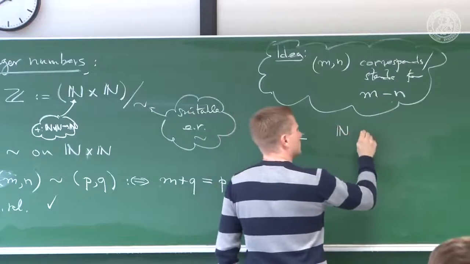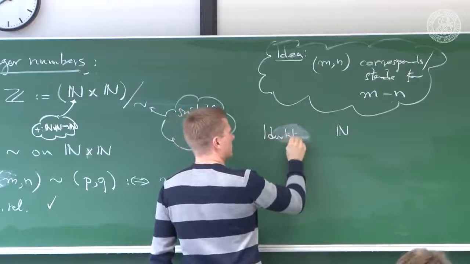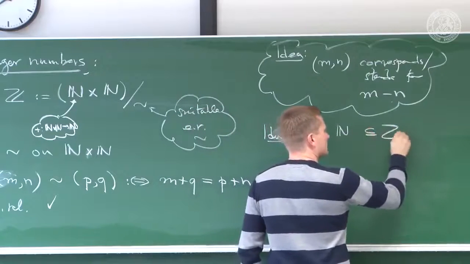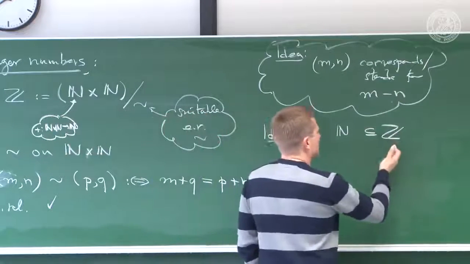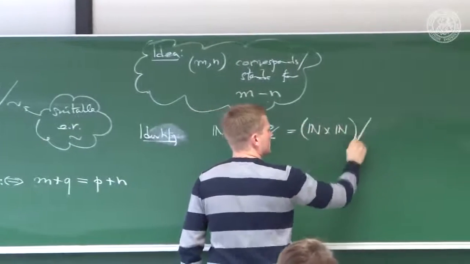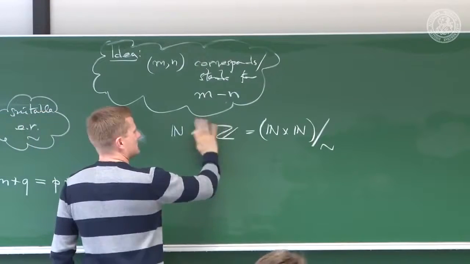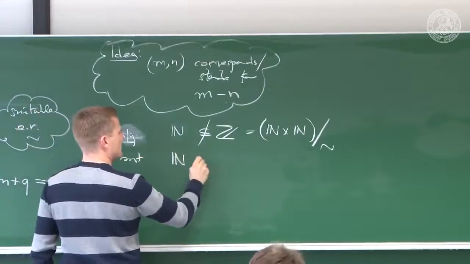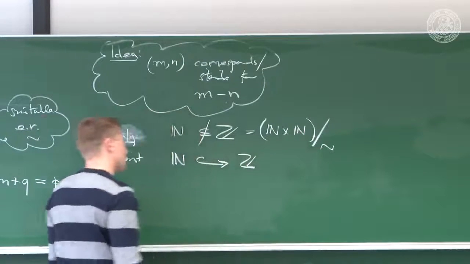Normally, we would think like, okay, identify n, we would think this lies in this set. Well, it doesn't quite lie in this set. It cannot, because this is a set of pairs of natural numbers, well, with some equivalence relation there. So this doesn't make any sense. This can't be true. But what is true is that you can embed N into Z,